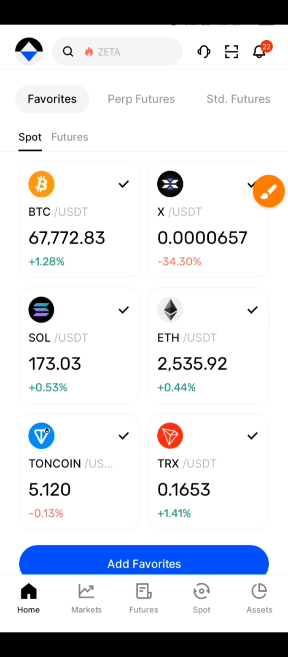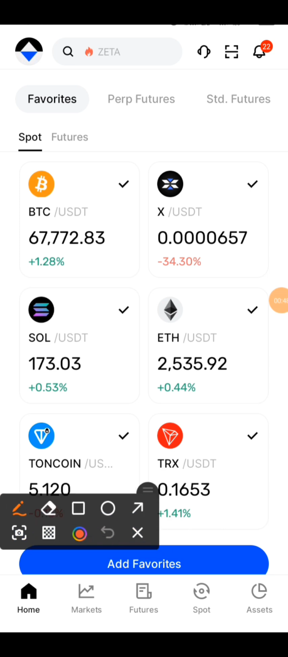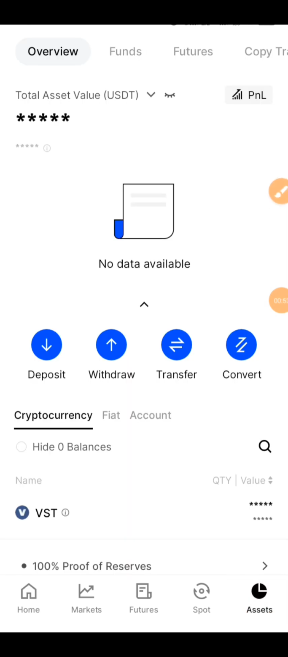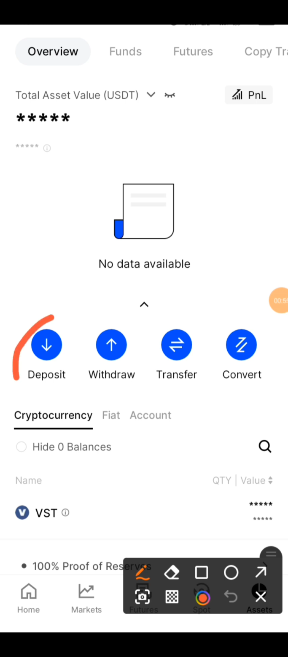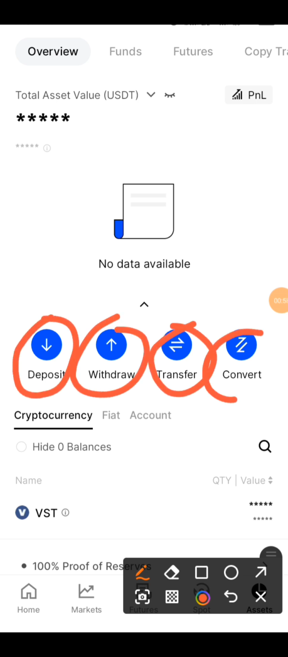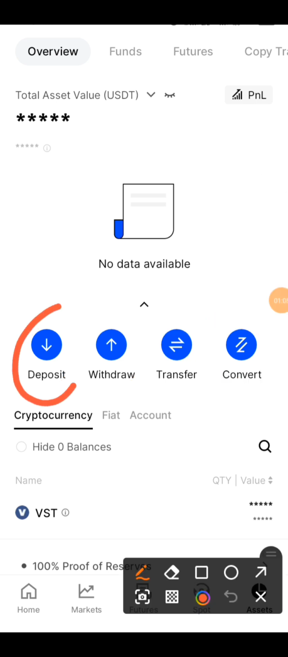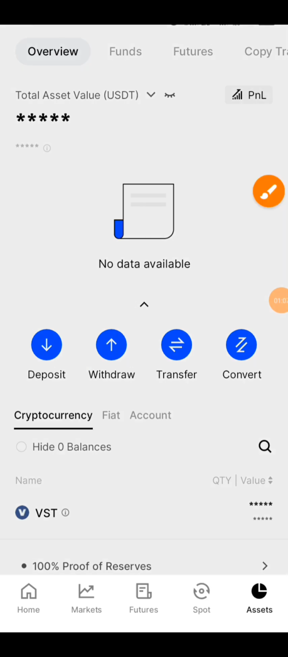So all you need to do right now is click on your asset right here. Once you click on it, this is what you'll be seeing. You'll be seeing deposit, withdraw, transfer, and convert, right? So all of this, you don't have anything to do with that. So right now you're just going to click on deposit right here. Once you click on deposit,